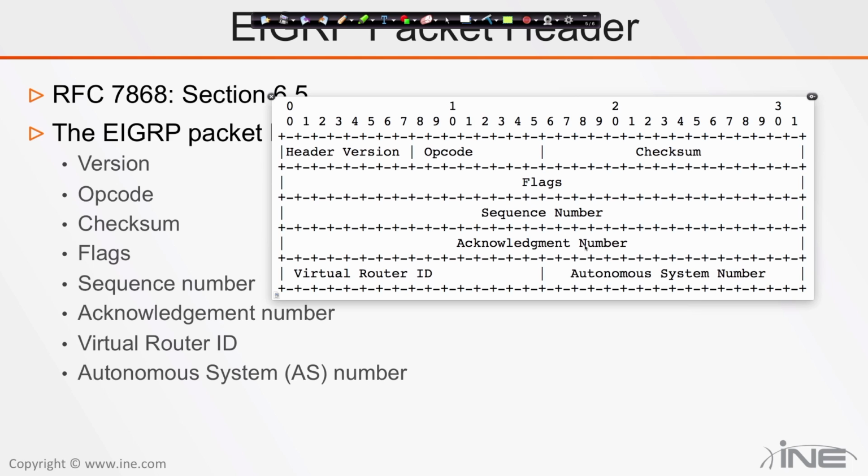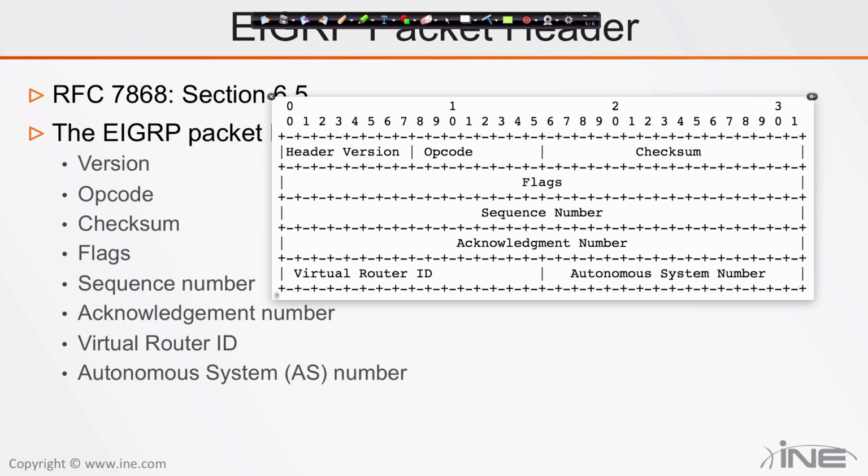We've got the acknowledgement number. Remember that the acknowledgement packet is going to have a value in this field, right? It's basically a hello packet with some value in the acknowledgement number field of the EIGRP packet header that is going to mirror the packet that it's acknowledging, whatever the sequence number from the packet it's acknowledging was. And then we've got the virtual router ID, and then the all-important AS number, the autonomous system number,